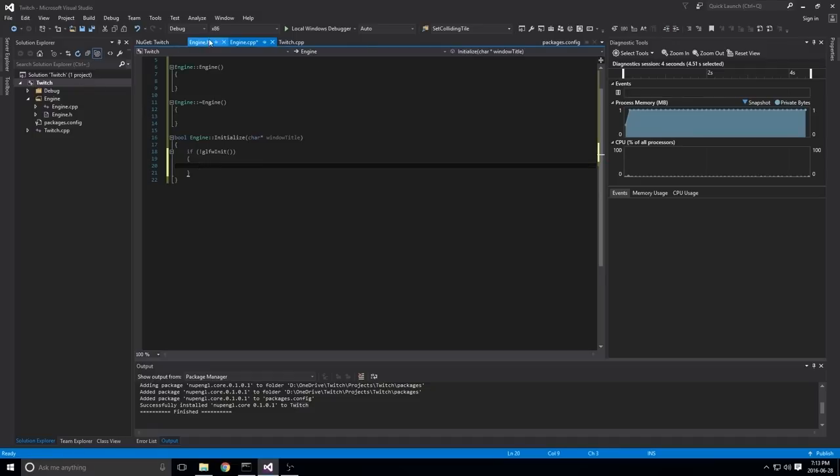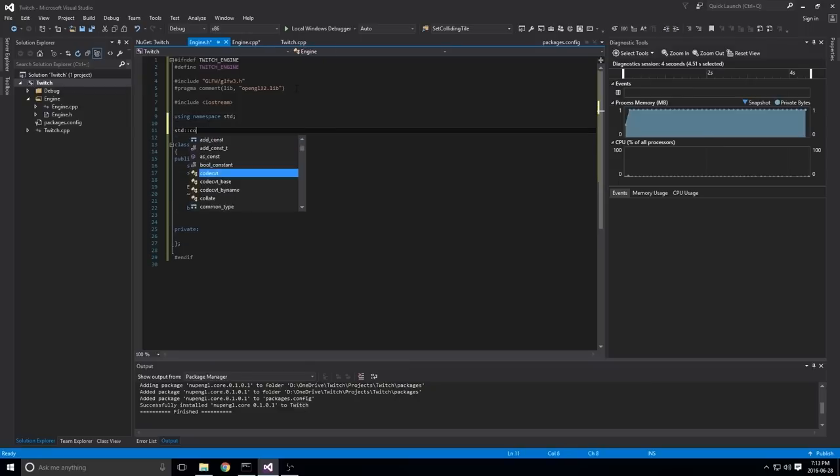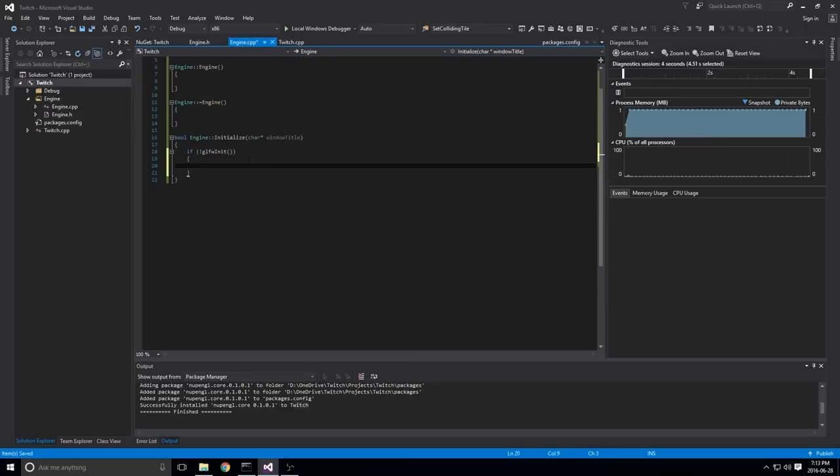And we actually need to include IOStream up here as well, because we're going to use it. IOStream. And then we'll go using namespace std. That's just so we don't have to call like std cout like that. We just use the namespace directly. So we've got that. Okay, so now we can go ahead and cout, and we'll cout error initializing GLFW. And then we'll just go ahead and return false here. Some people like to save a return value and return it always at the end. I'm just going to return false here.